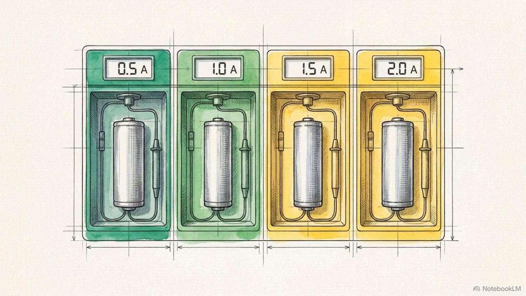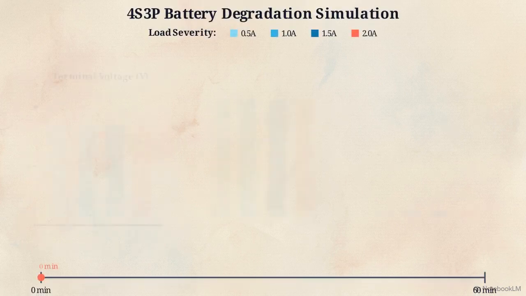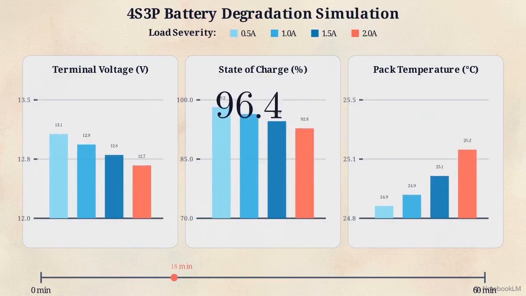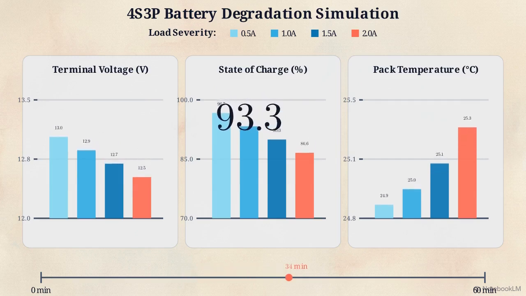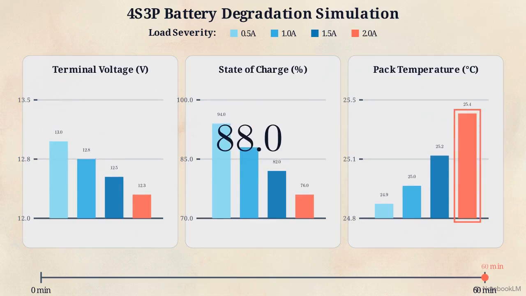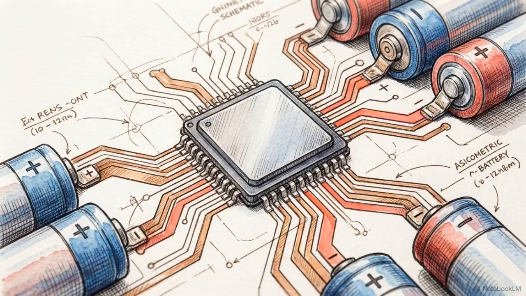and 2.0 amps. By sweeping across these discrete load levels over a precise 1-hour interval, we can track exactly how current magnitude influences terminal voltage sag, state of charge depletion, and the resulting thermal rise. Quantifying the link between current intensity and the internal state of the battery establishes the foundation for designing more robust,